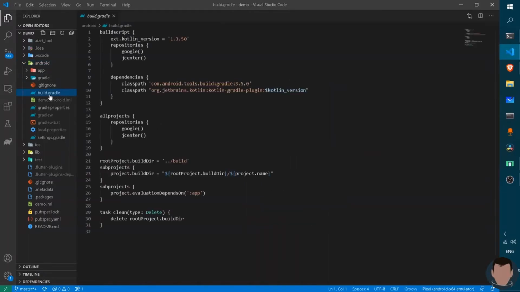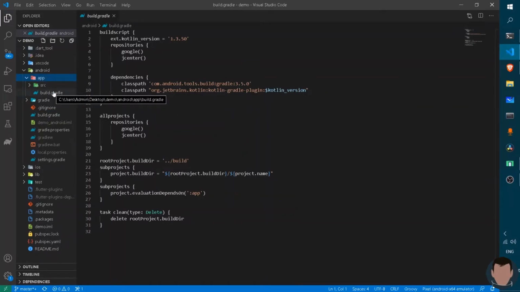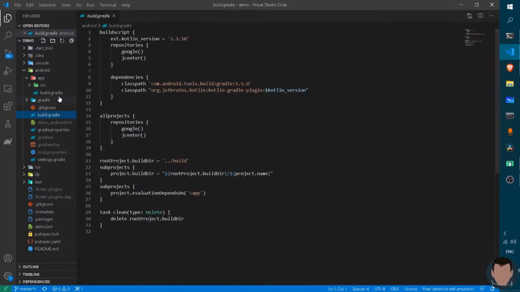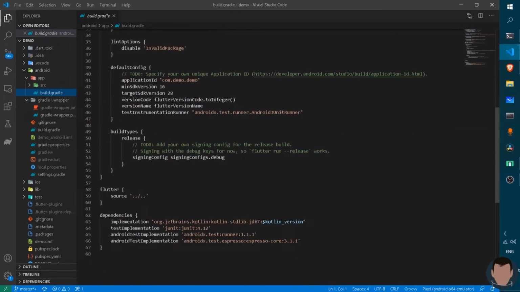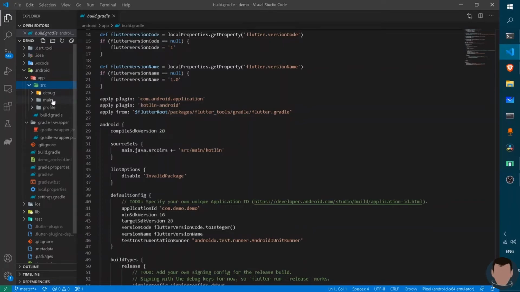If we check this build.gradle file, it has some jargon code. In the second subfolder, which is app, if we open it, we see again a build.gradle file. If we open this, you see the same code as this one, but this code is configured for the dependency section. The dependencies which we will be using for our project shall have correlation with this build.gradle.